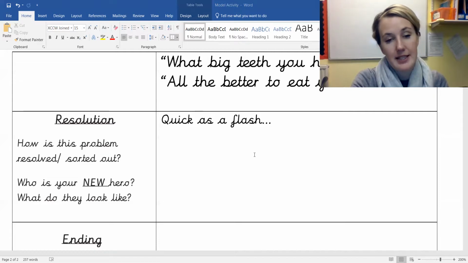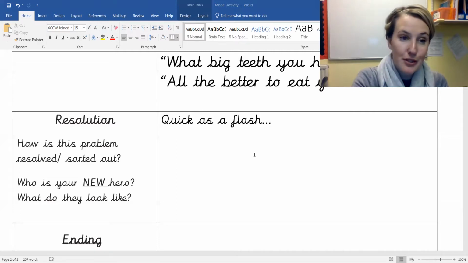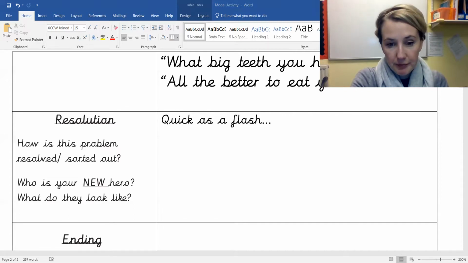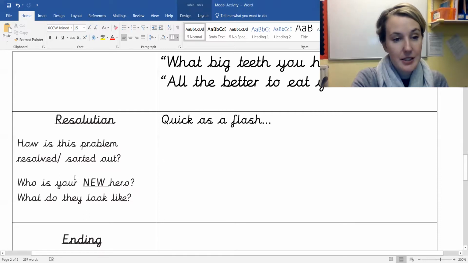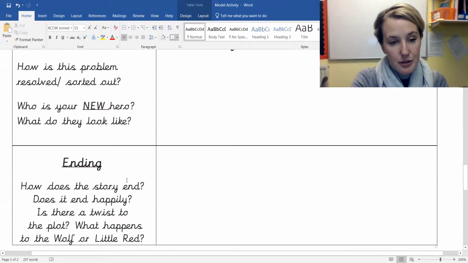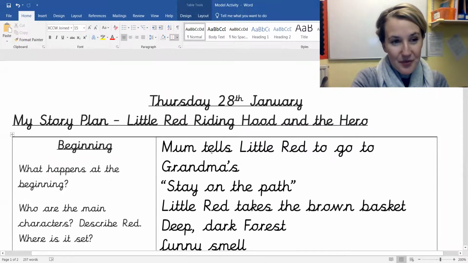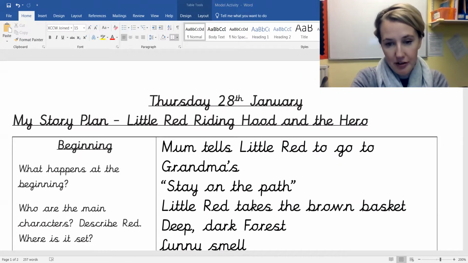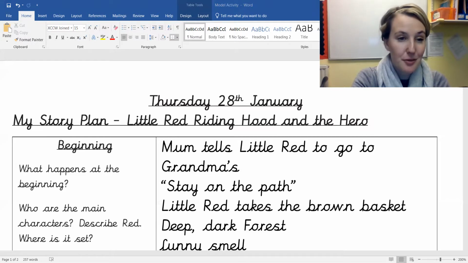So is it the mum? Is it Little Red herself? Is it the woodcutter? And then you need to add it here to how the problem is solved, what your hero looks like with some nice description. How does the story end, and does it end happily? Okay, so in OneDrive you will find a sheet that looks like this with the right date and title, and I'd like you to work really hard to make a story plan. You're going to be writing the story tomorrow,